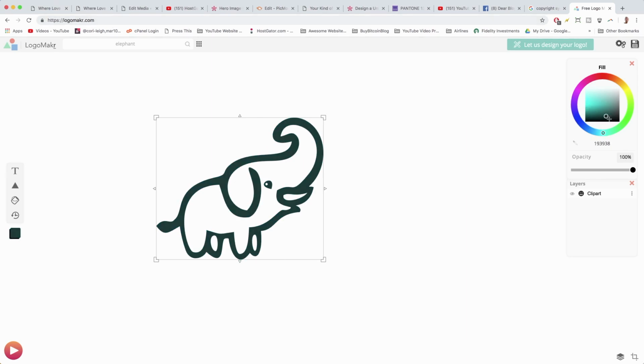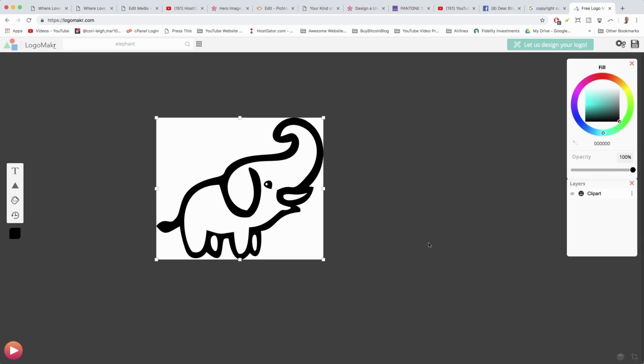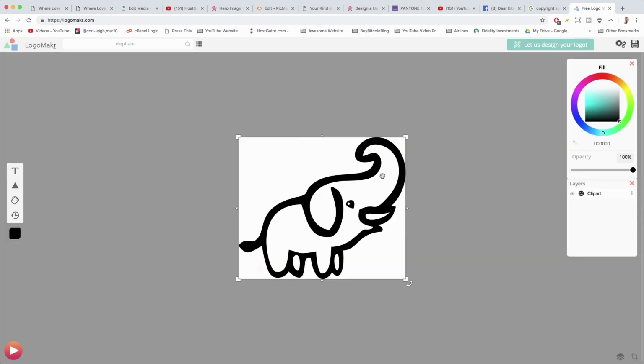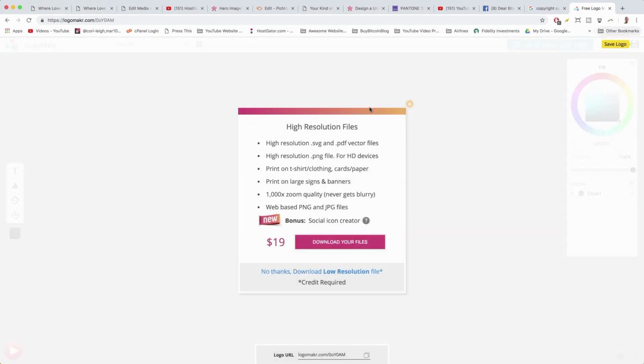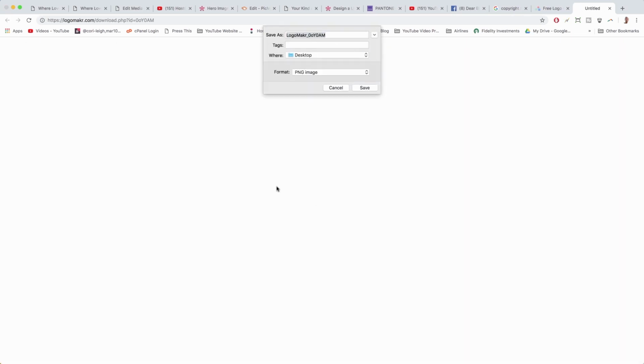Alright, so I'm just going to try out the black. Super cool, professional, and make sure to click crop in the lower right. After you click crop, make sure to hit enter to actually crop your logo. And now we just need to save it by clicking the floppy disk icon in the upper right. Now we need to click on the no thanks download low resolution file. Unless you do want the high res one, that's fine, that's really cool too. And we're going to name it